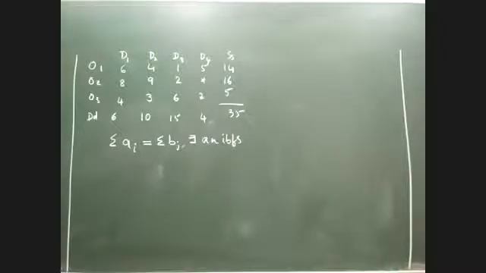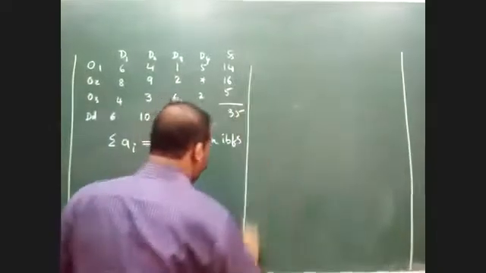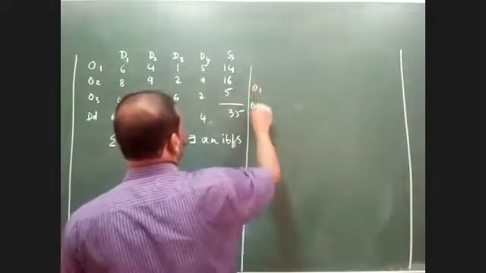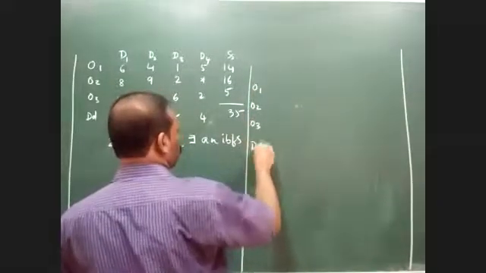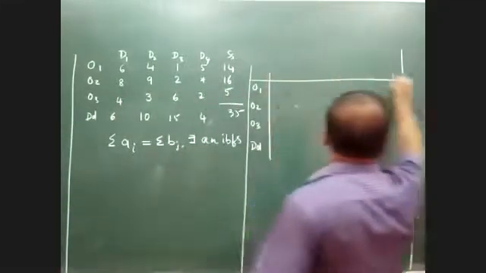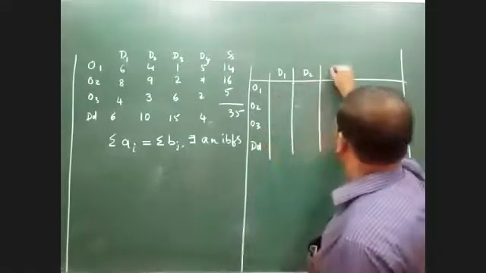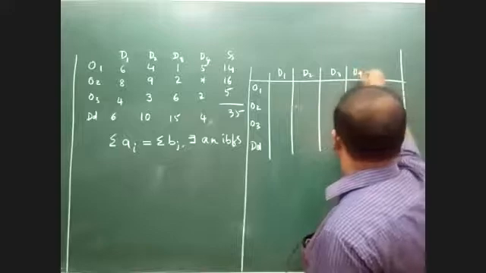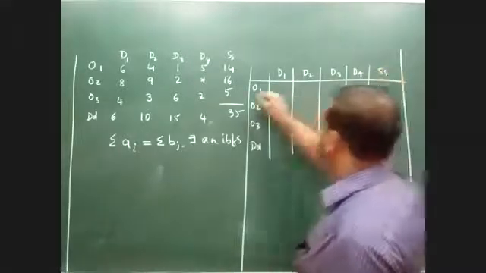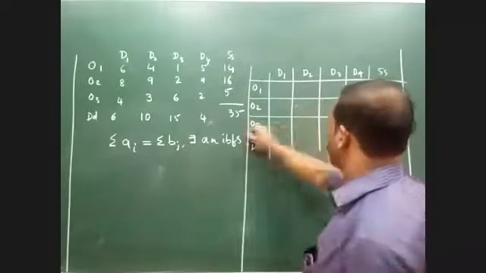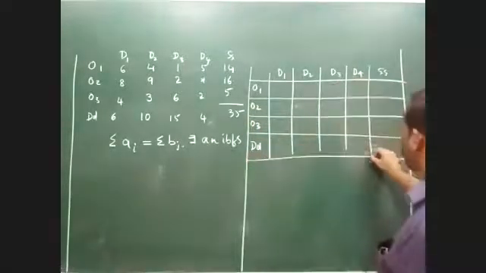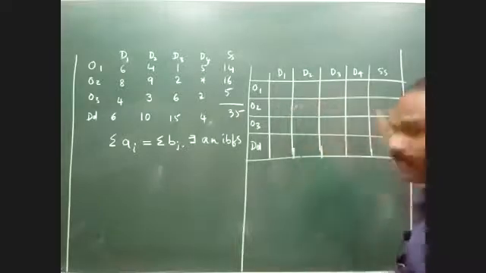Yesterday I told you, once the problem is balanced, we are supposed to enter these values in a particular template. We usually call it a northwest corner rule template, which is called a lattice graph. Let me quickly write it down. Totally we have O1, O2, O3, three rows, and demand. Then we have the first column D1, the second column D2, the third column D3, and the fourth column D4. And then we have supply. So this is the first column, first row, second row, third row, and the demand. These individual compartments are called cells.